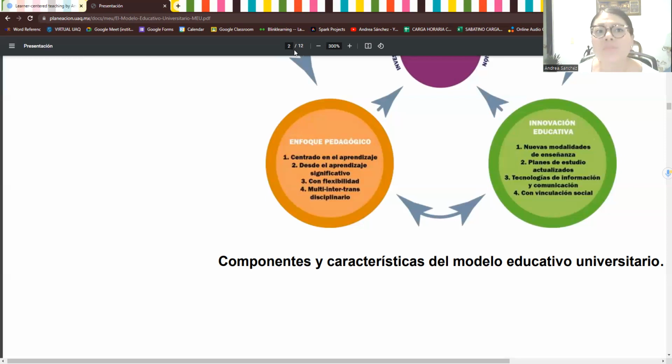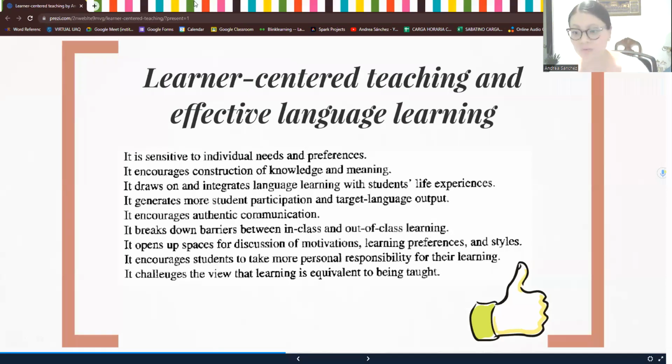Les quería enseñar esto porque esto es de casa y se deberían de sentir, ¿cómo se dice? Identificados, identificadas con este modelo pedagógico que es el que usamos actualmente en la UAC. Quizás no en todas las materias lo sientan como tan presente, pero de forma, digamos que global, esa es la